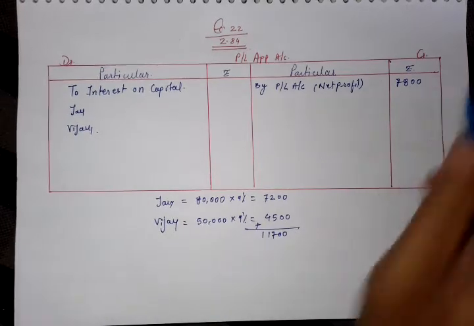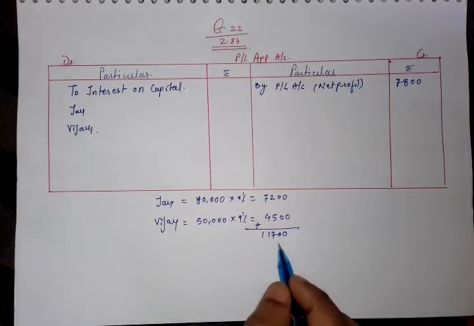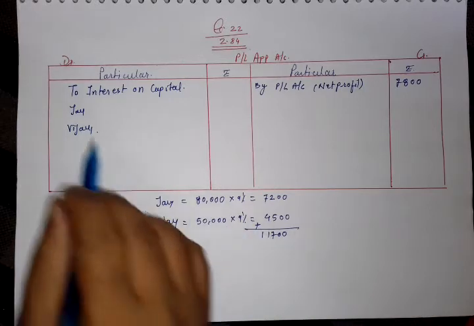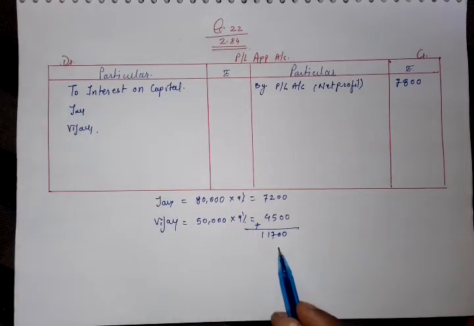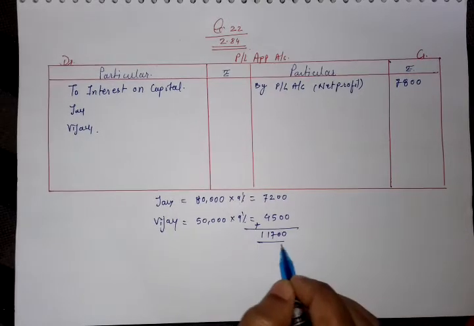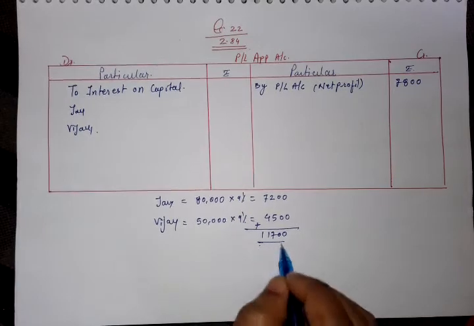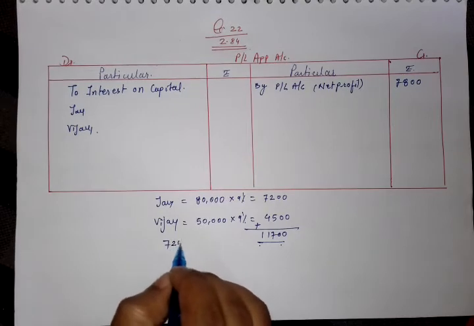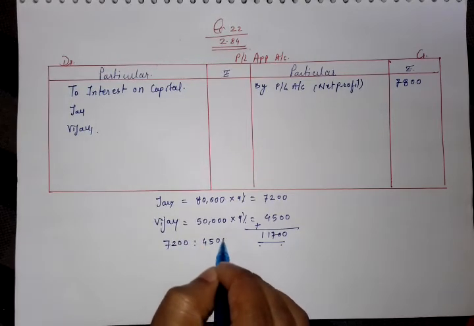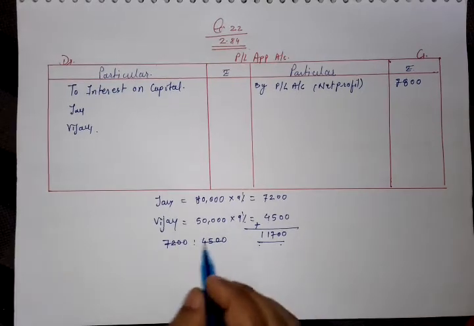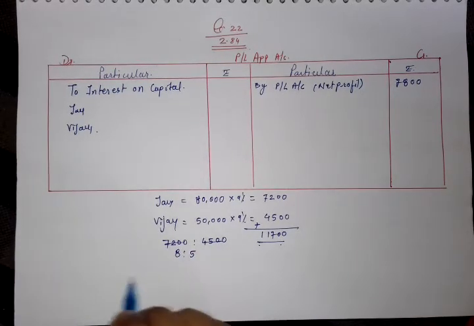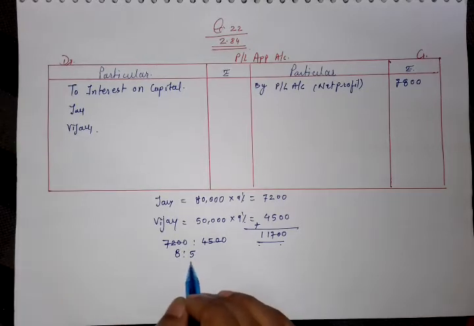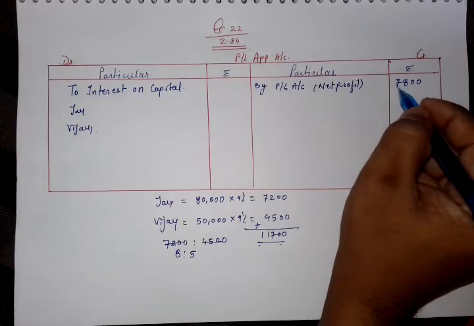is 11,700, and we are having only profit 7800, so we can't distribute our interest on capital on the basis of the given ratio in the question. That's why we have to calculate a new ratio. And how do we calculate the new ratio? On the basis of their actual interest on capital amounts, 7200 is to 4500. It means after calculating we are having 8 is to 5 ratio, and on the basis of 8 is to 5 ratio we have to calculate our profit